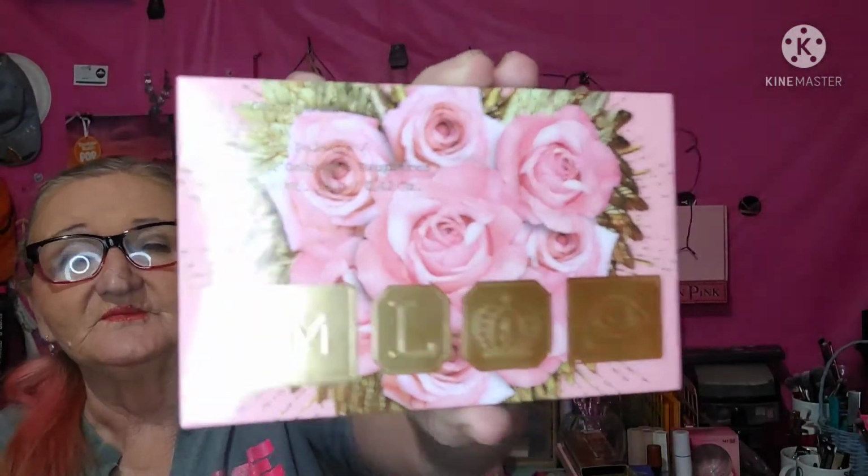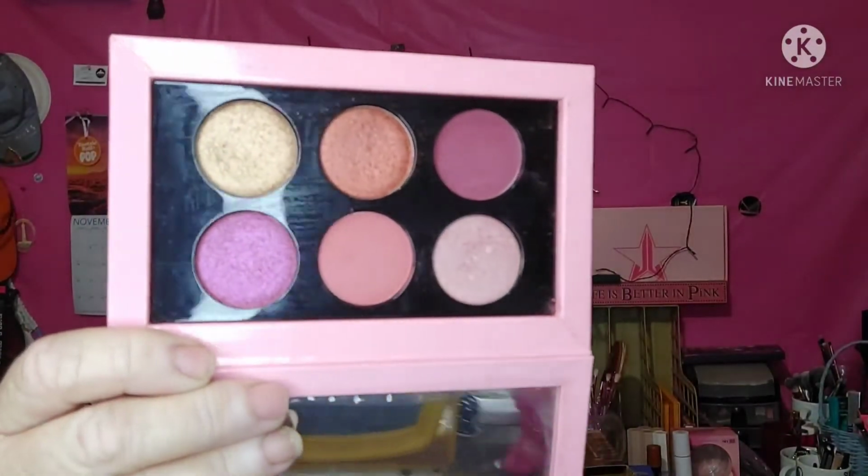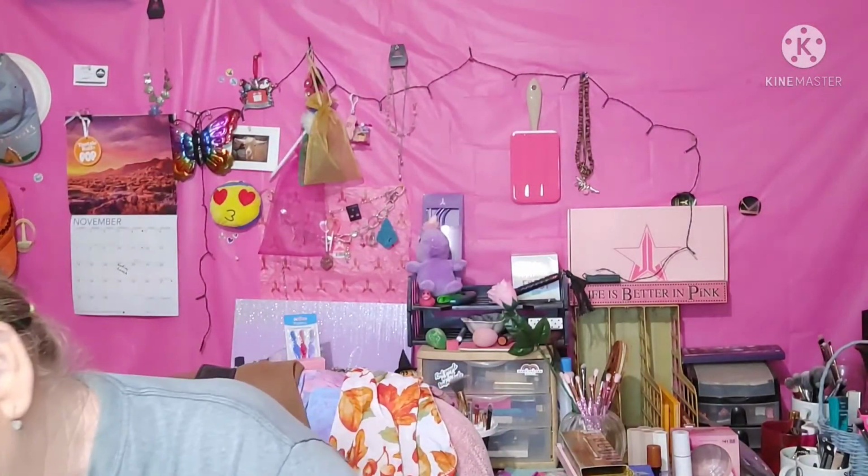Okay, we have a Pat McGrath Labs. Pat McGrath. Ooh, again with that, right? This is the Pat McGrath Labs Mothership Eyeshadow Palette, Palette d'Ombres, something, blah, blah, blah. This is Rose Decadence. So it's a mothership, but it's a small mothership. It's really just a ship. I purchased this from my friend Barbara at Barbara's Beauty Bags. I just...